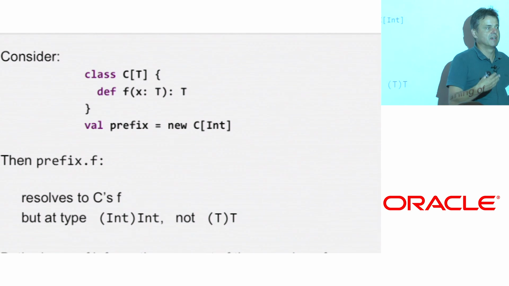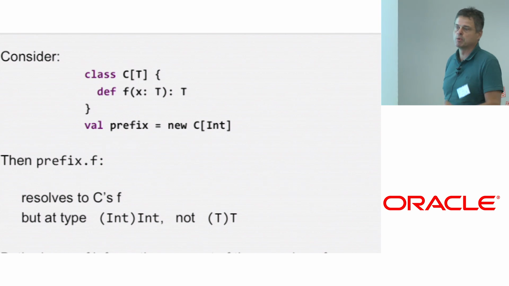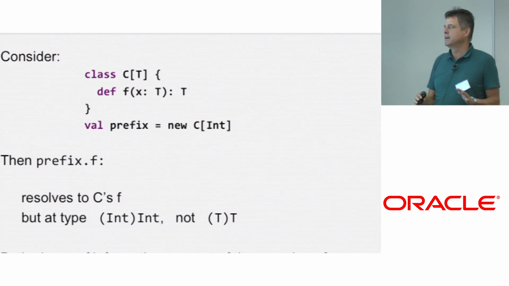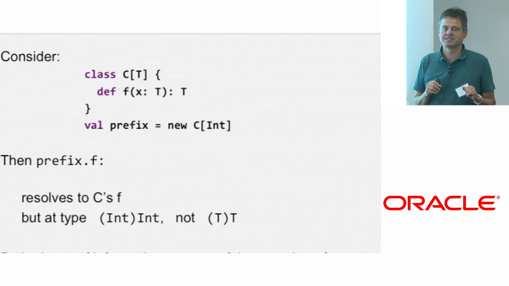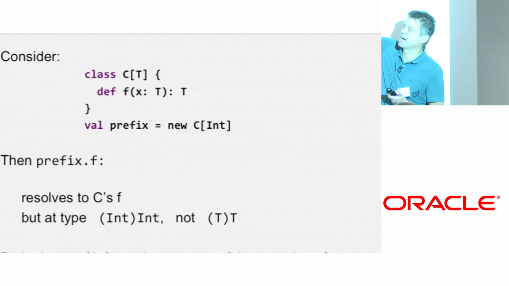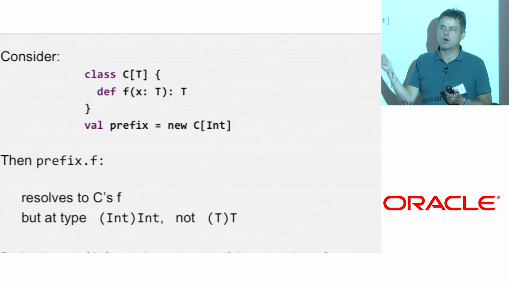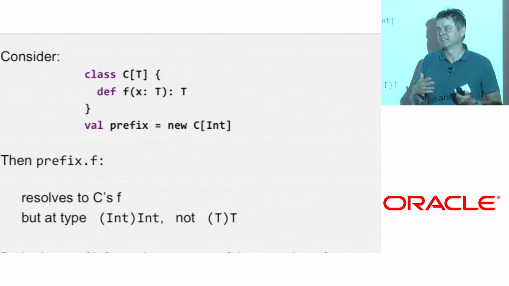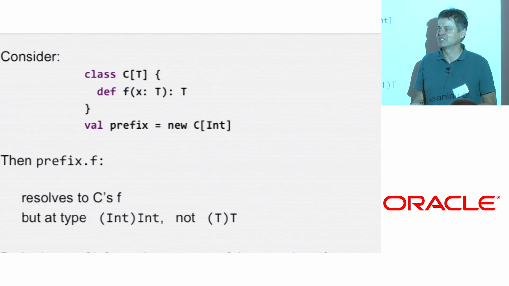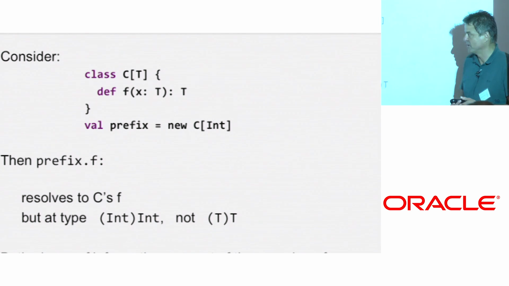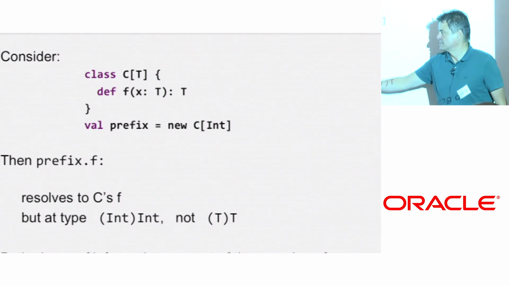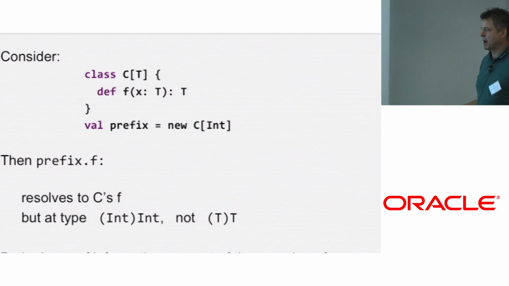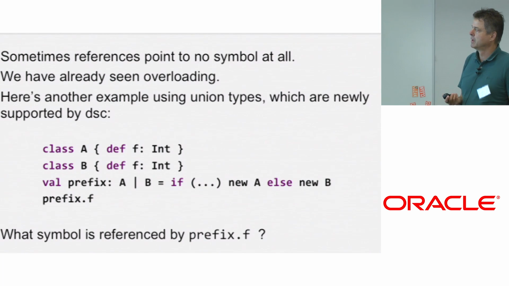That's a Scala C, again, didn't do that, this modeling with references, and it's the most common rookie mistake of compiler writers in Scala C to just say, well, we have a reference to a symbol, we just pick the type of the symbol. Bzz, no, wrong, it's not. The bad thing is it works in simple cases. As soon as things get parameterized and generic and complex, it falls apart. So very easy mistake to make. So the right modeling then is that both of these pieces of information are part of the meaning of prefix.f.